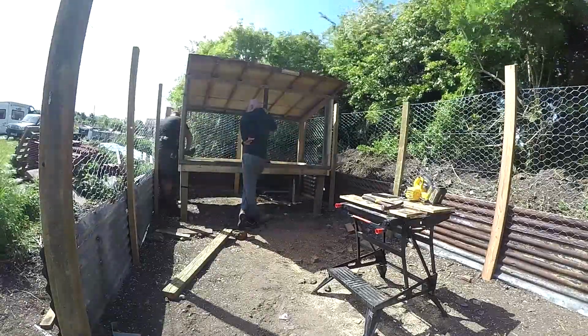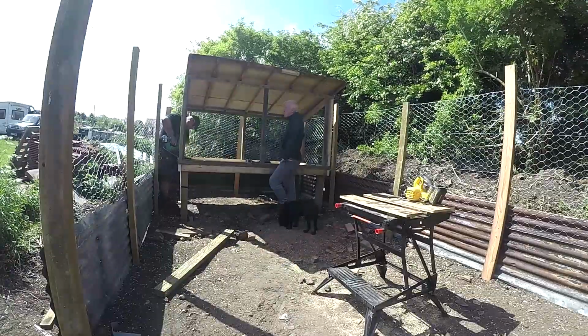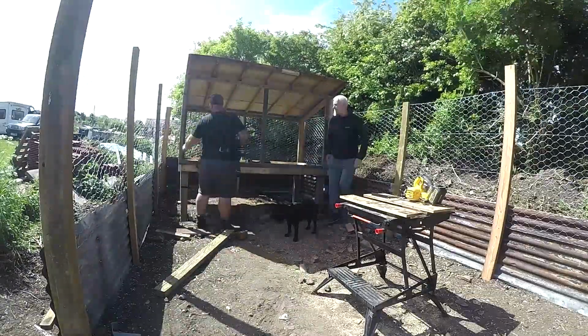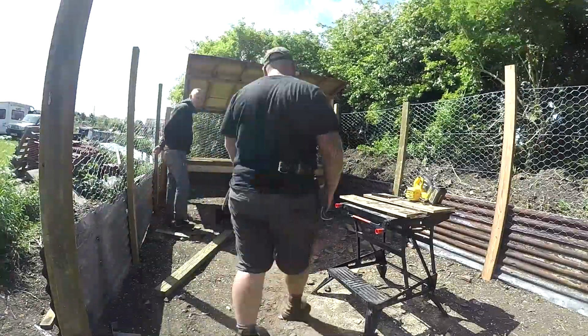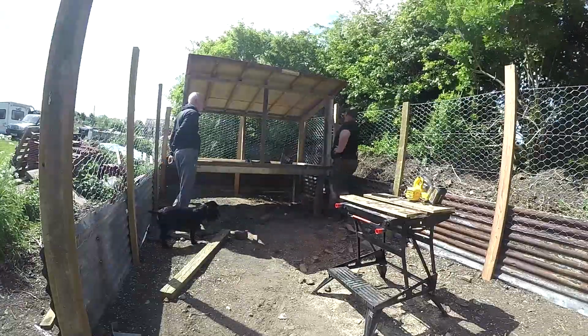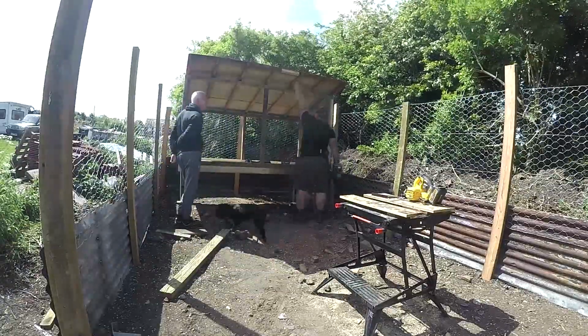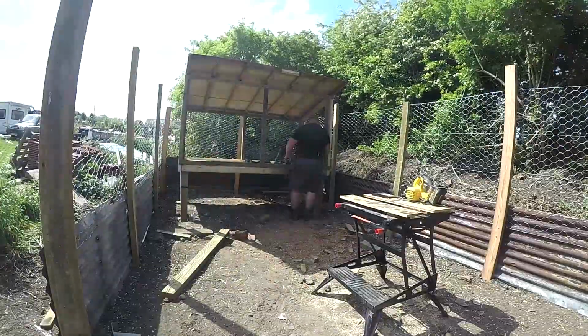It was only going to get burnt up. I was going to burn it a few months back, and I just didn't get round to it, so I'm glad I didn't now. My pal Mark helped me up with it because it was a bit of a chore to do by myself. But by the time I got it up there, got it nailed up on them studs that the